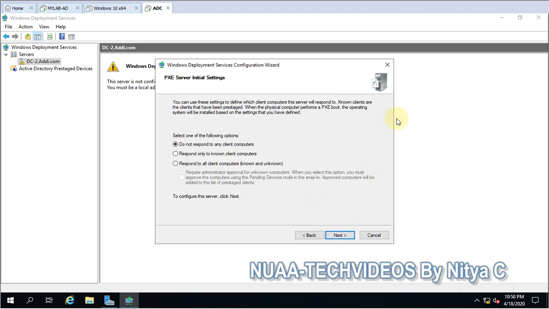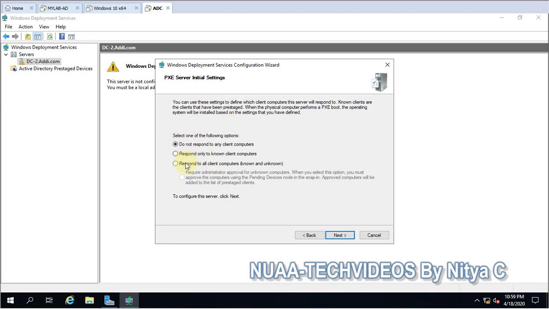Okay, next. The next setting you can see is the PXE server initial settings. This is very important. It decides how you want this server to respond when any client requests for installation. It can respond to all client computers, known or unknown, or not respond to any client machine.